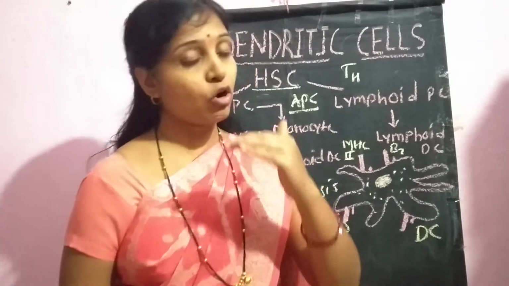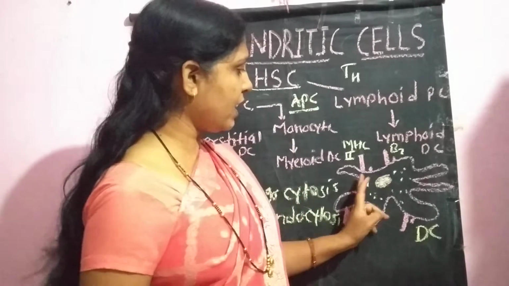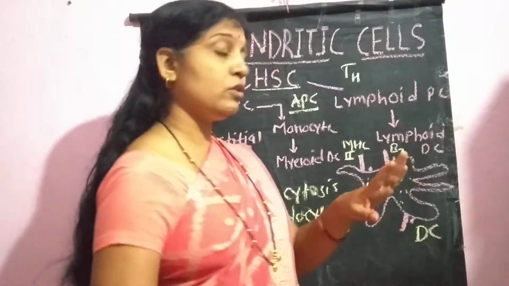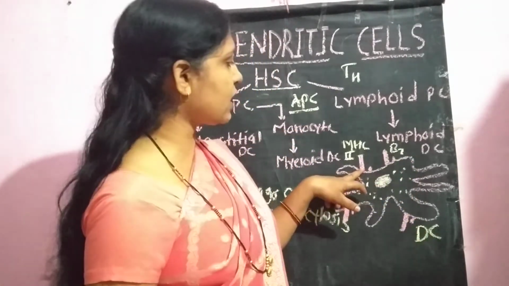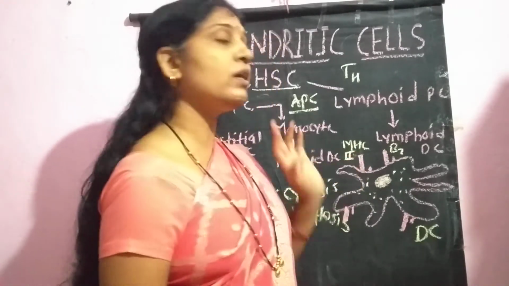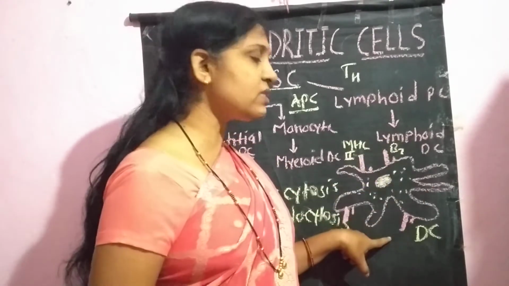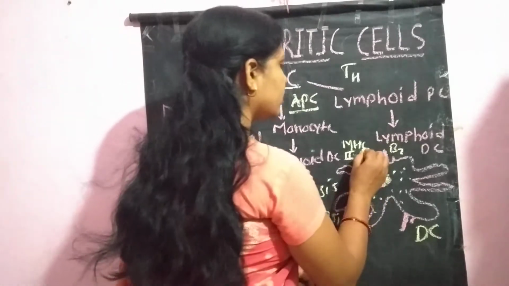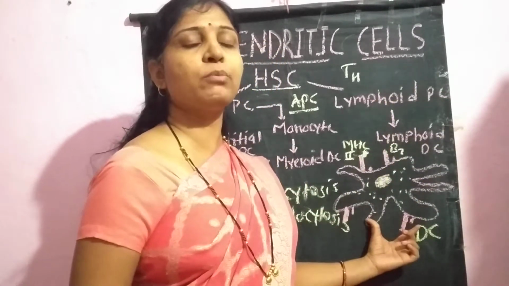Before that, they are also responsible for the processing of the antigen, and this processing is carried out inside the dendritic cells. After that, the shorter peptides formed within the dendritic cells are presented on their surface with the class II MHC molecule, and these activated dendritic cells present such antigens with MHC class II molecules towards